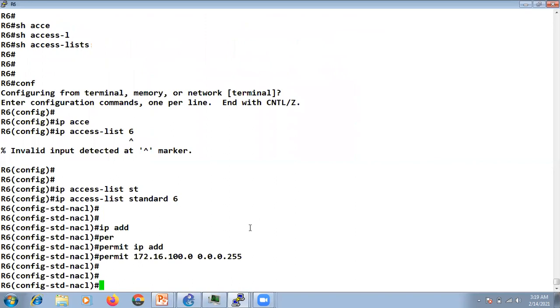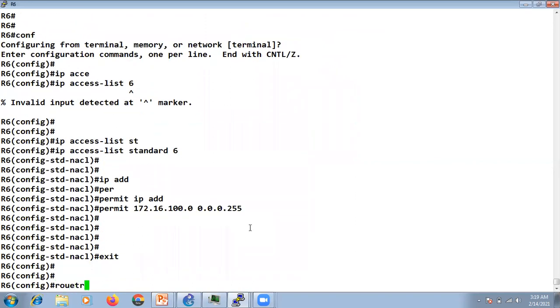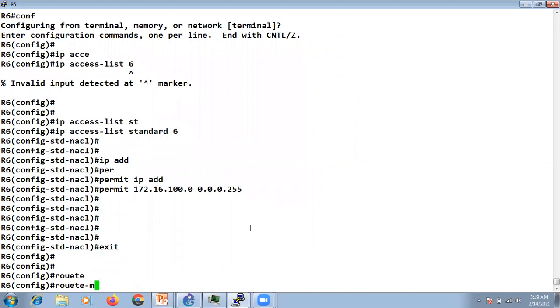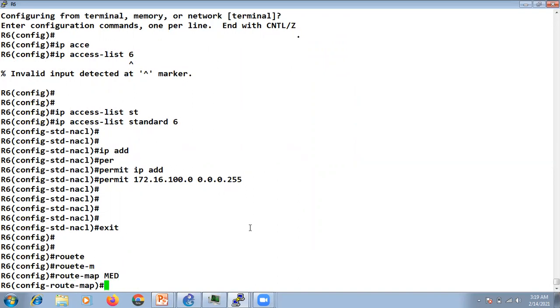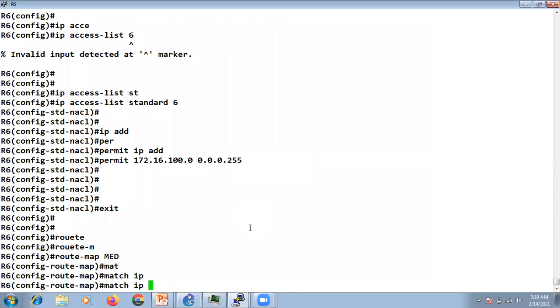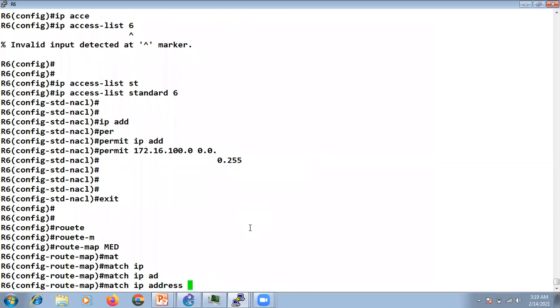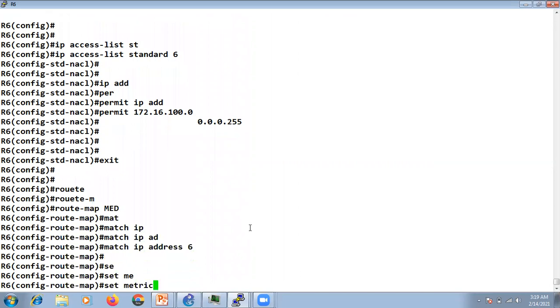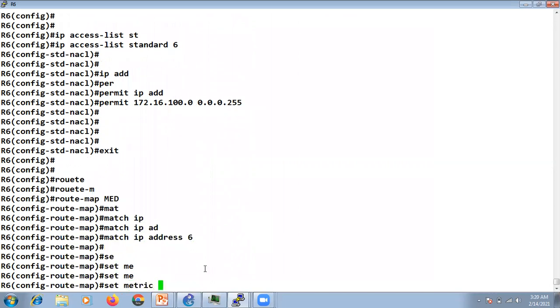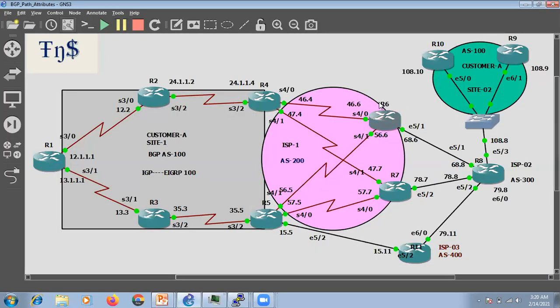So now what I will do is I will create one route map. Let's say MED, say match IP address. What is the ACL number? It's 6. Set metric. So to set the MED value, the command is set metric, okay? So let's say we are using the MED between 6 and 8. The router number is 6 and 8, so we'll use this combination 68.